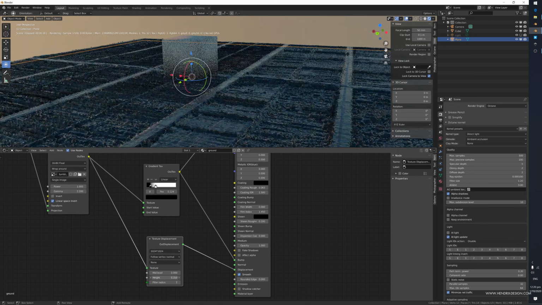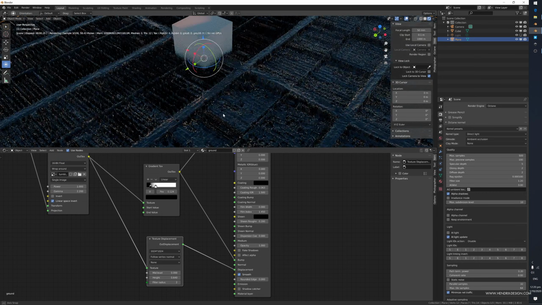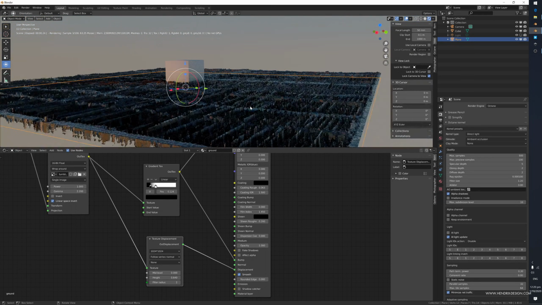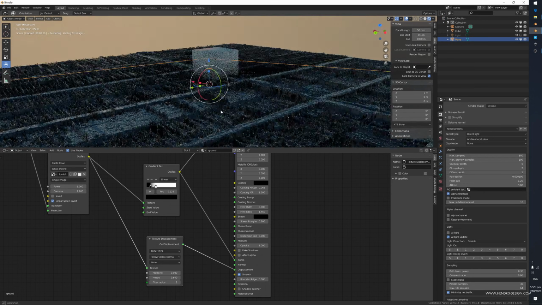So if we increase it further, you can see how it really goes crazy. And we have an insane amount. This could be like, I don't know, a city or whatever, right? Like an insane amount of detail right away. So